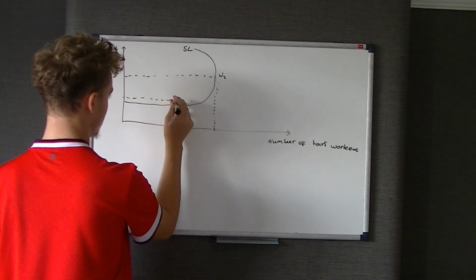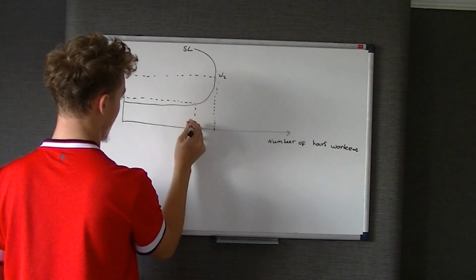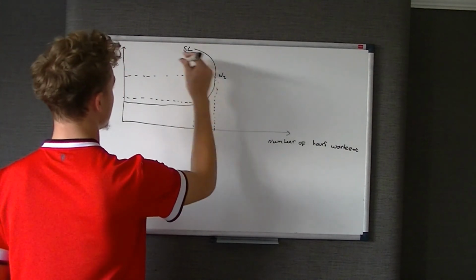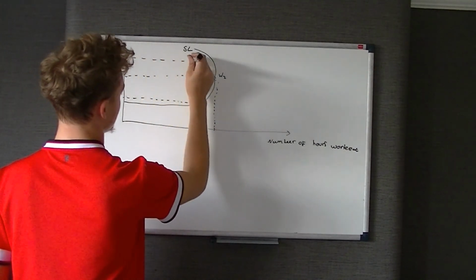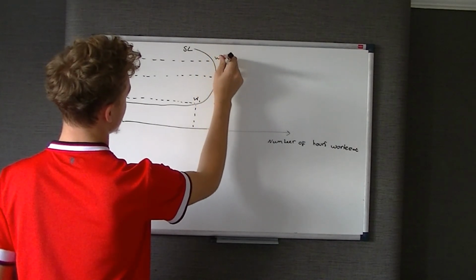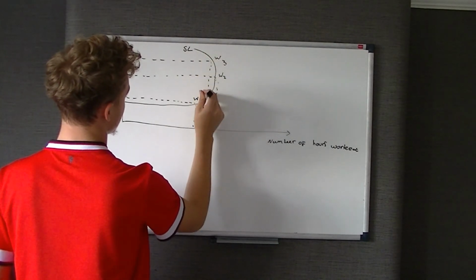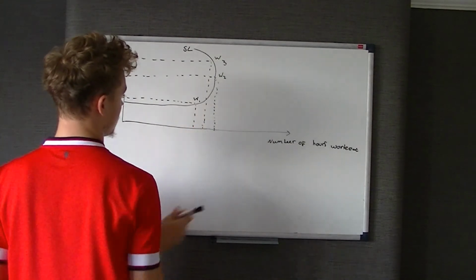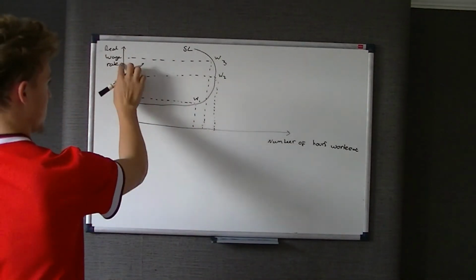W1, so just before it starts to curve, and then somewhere above W2, and we'll call that W3. So where it's sort of in between W1 and W2. And W3, what it corresponds with,